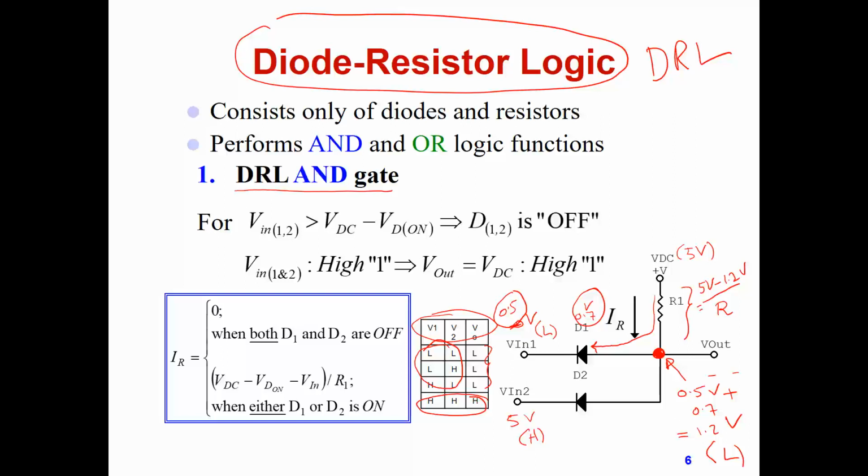That will be the value of the current across the resistor. Okay? So this diode, resistor, logic AND gate behaves as such. When all the inputs are high, the output is high. When one of the inputs is low, the output will be low voltage. Now we can build another gate very similar to it, which is the